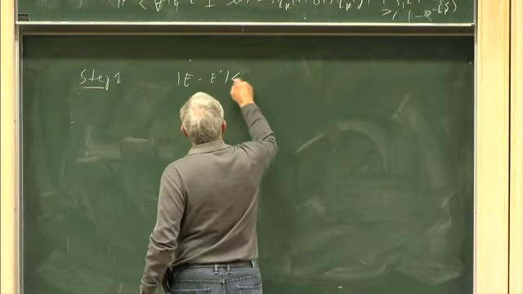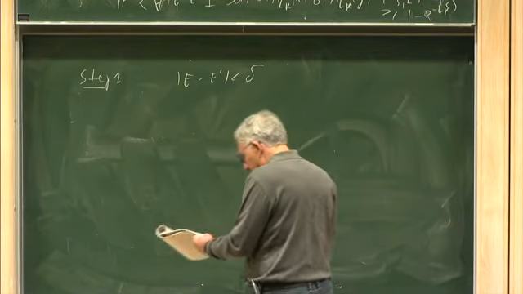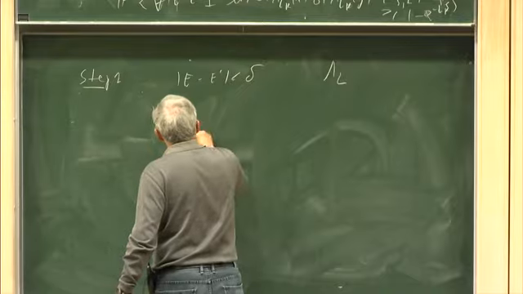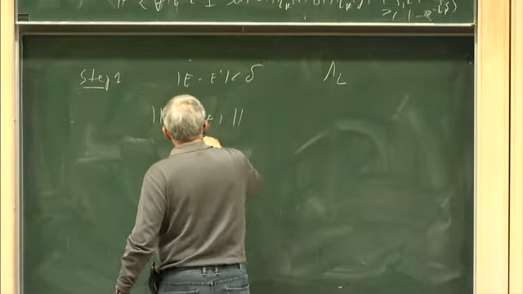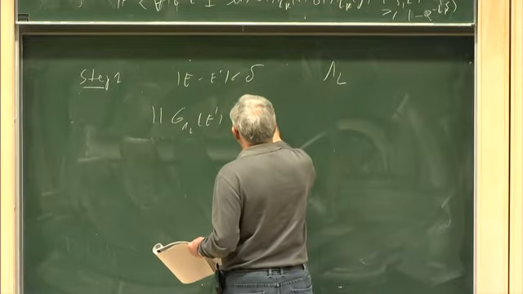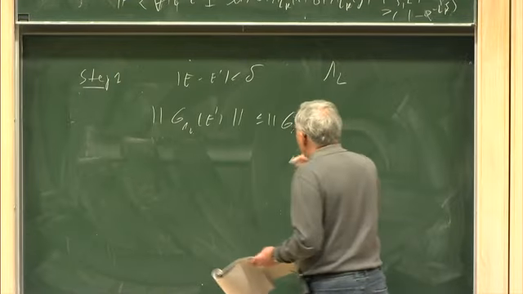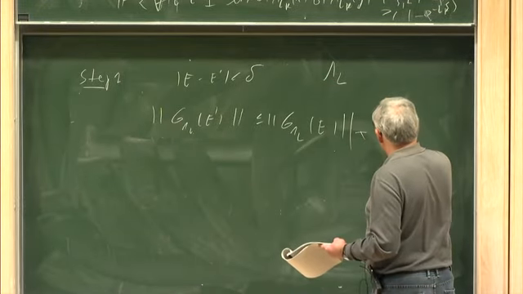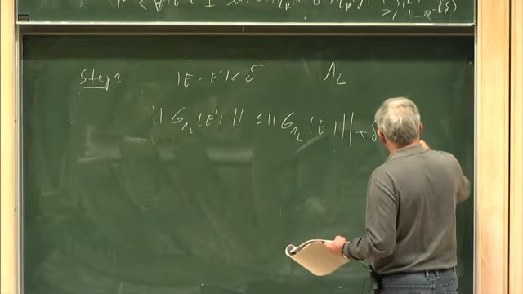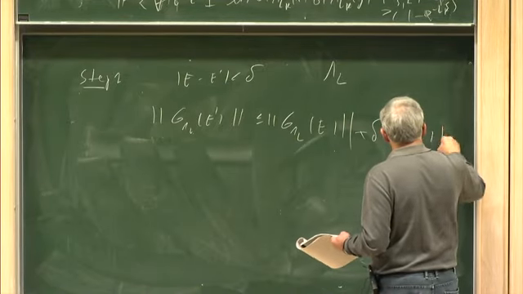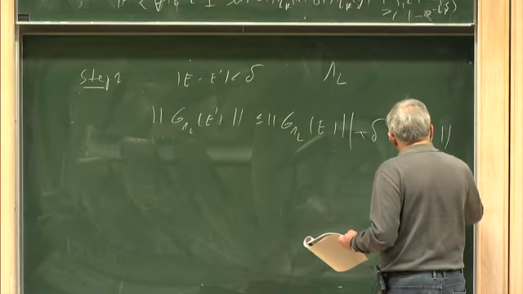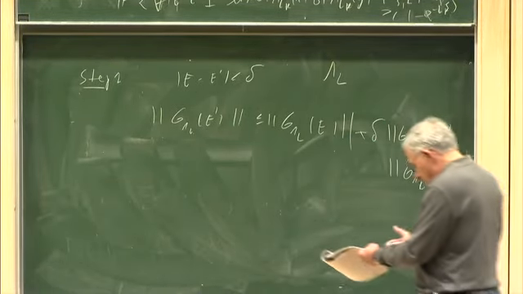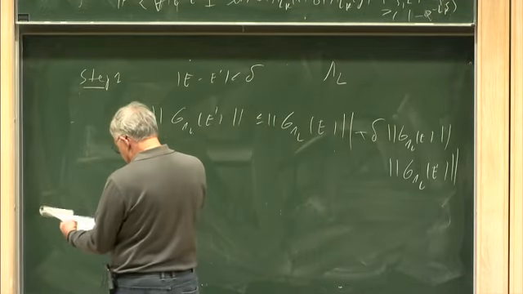Suppose I take E minus E prime less than delta. Then, if I have a box of size L, and I look at the Green's function in this box at the energy E prime, this is bounded by the norm of the Green's function at E plus the difference in energy times the product of the two Green's functions. And somehow today I don't seem to be able to fit anything on the board. Okay, the result for that is that